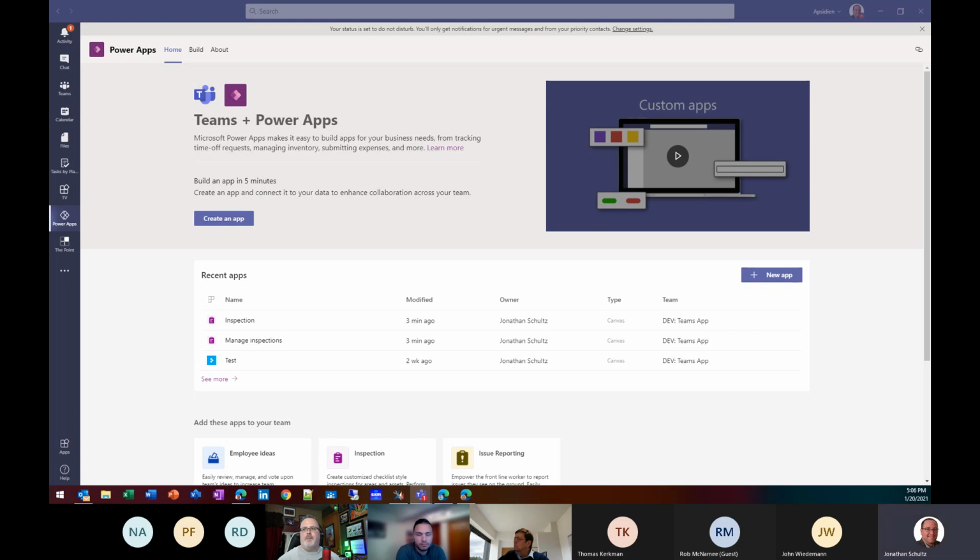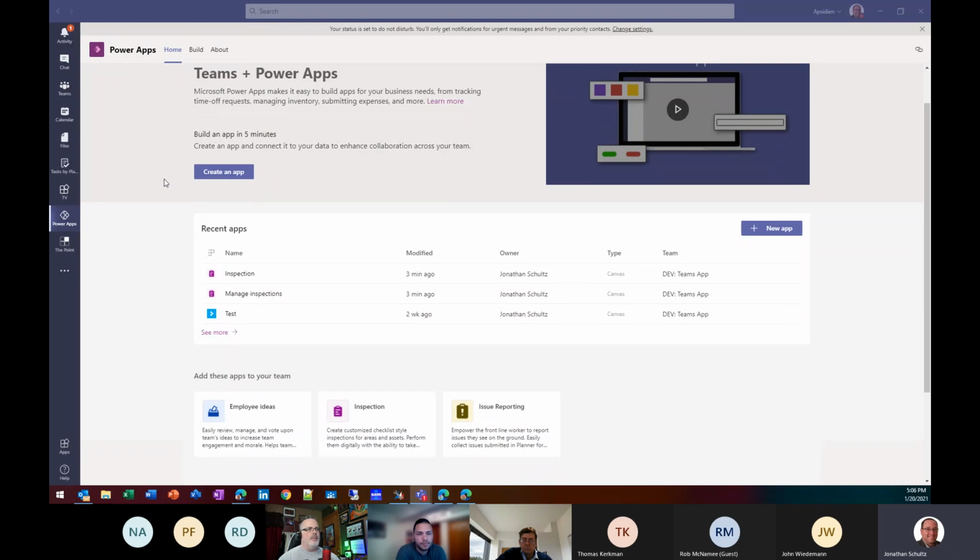Yeah, I 100% agree with you on Microsoft Learn. It does a really good job of small, digestible components, and you learn something quickly. So I agree with that. And then the last thing on the screen here, and it finished quick enough, so I'll show you. I clicked this inspection app to Teams, so I did one of the samples, and it finished within like 5 minutes or less. I had just done it while we were on the call.